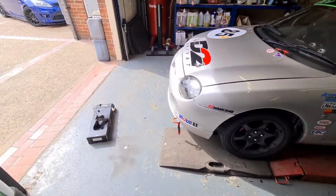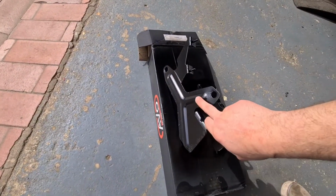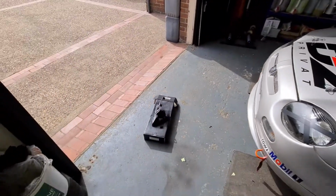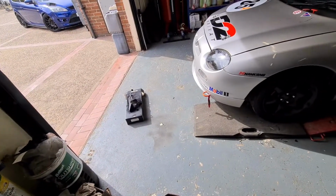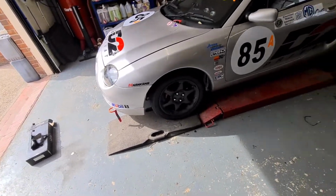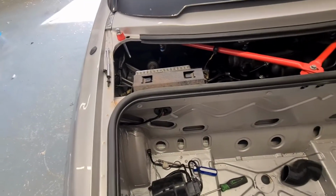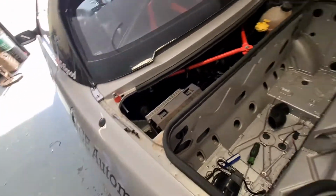And hopefully, this has been out in the sun for the last couple of hours, so it's gone past the tacky stage now, so it might be hard enough for me to just fit it on. And to be fair, you can't see it, so if I do chip it or stick a fingerprint in it, then who cares, because it is buried down in the depths of the engine bay. But I just wanted to make it a little bit better than what it was,